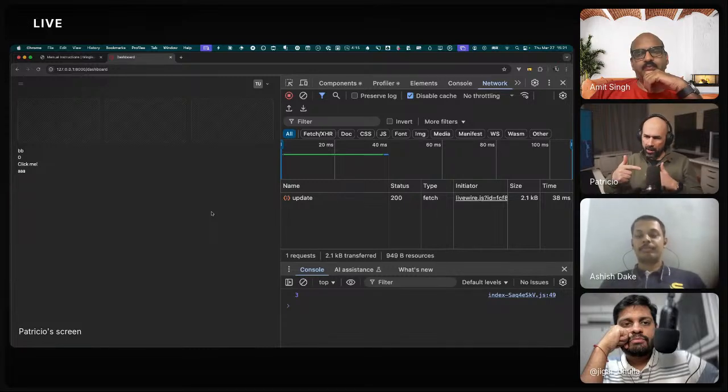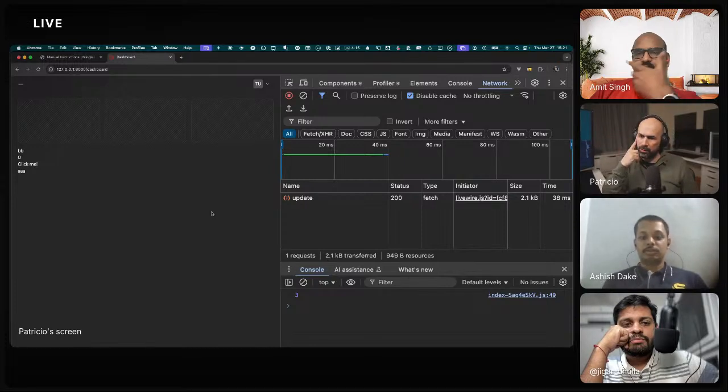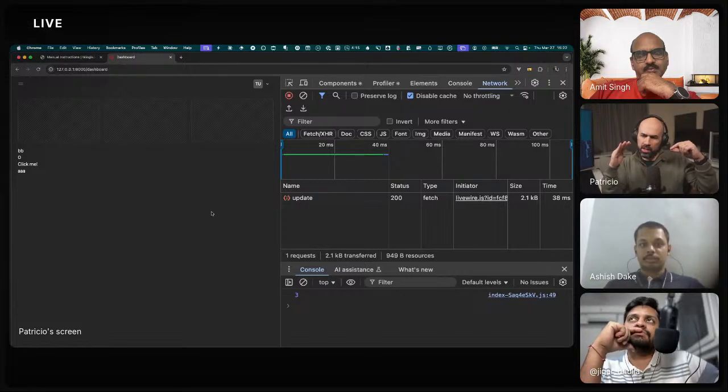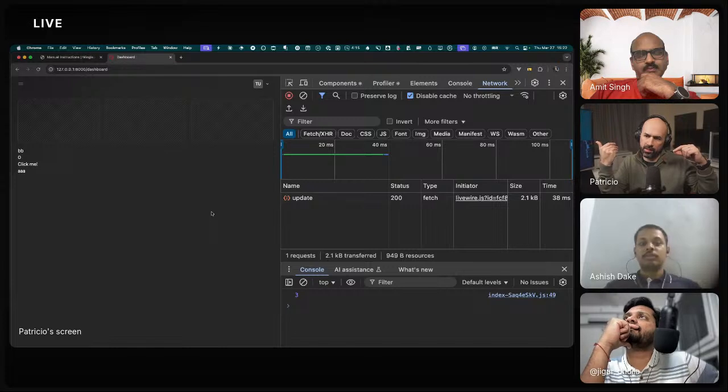Something that is reactive to state in the database, for example? Yes. So, for example, if we add a to-do to a to-do list, this list would be incremented by what's in the database. Is that it, for example?